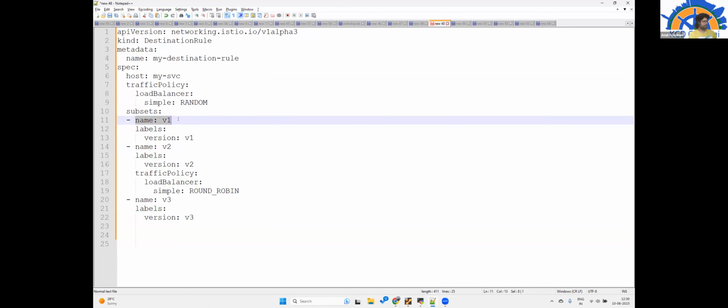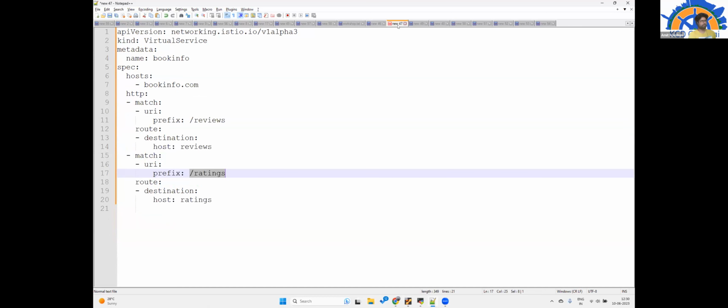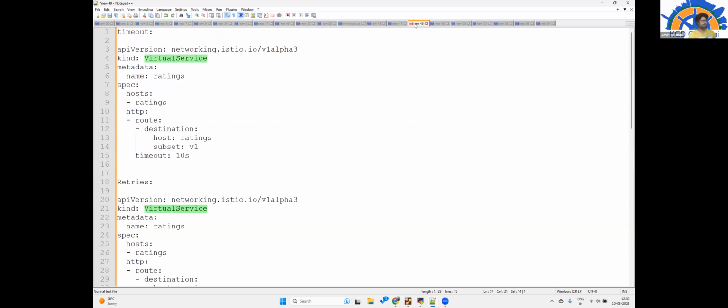If you see this one over here in the virtual service, the subset V1 is the name used over here. So in the virtual service, you can specify that it should connect me to this particular service of this particular version.